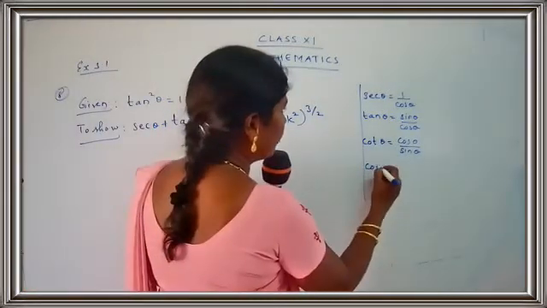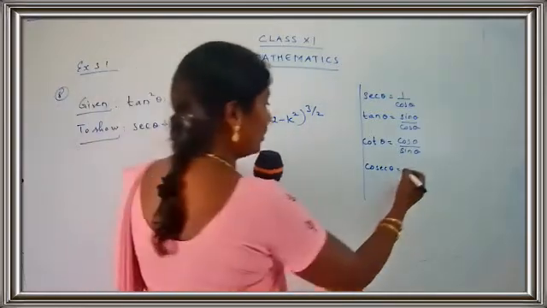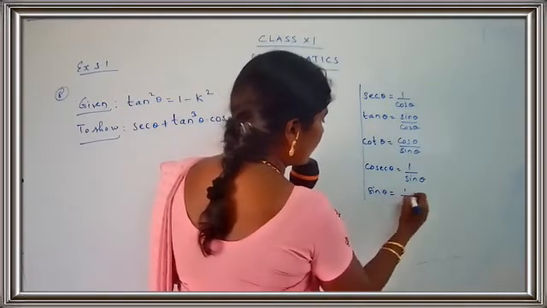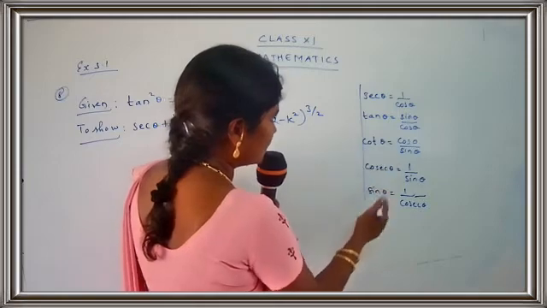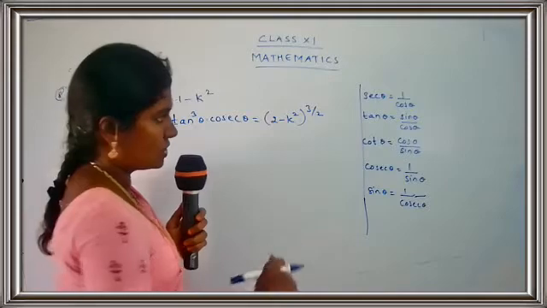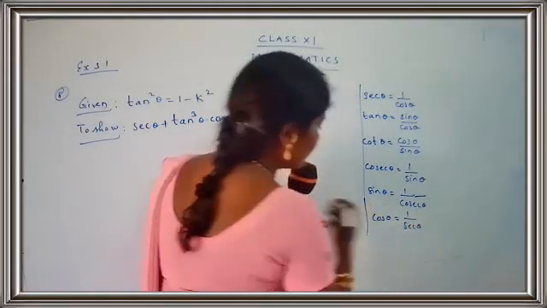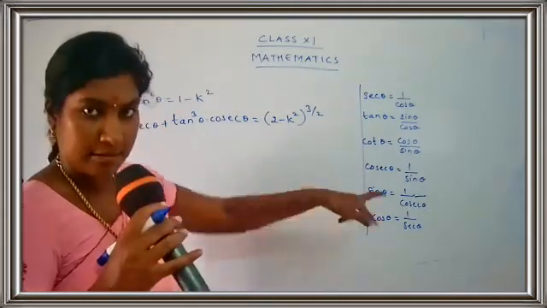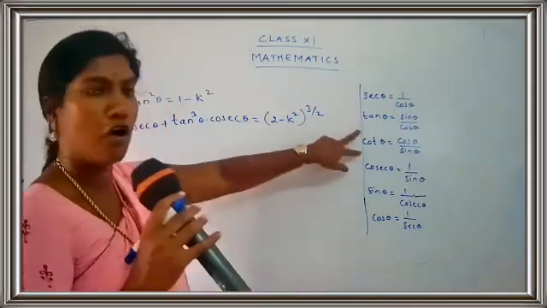We can write down here for cosec theta. Cosec theta and sin theta are reciprocals of each other. So you can write down here, this is 1 upon sin theta. And for sin theta, you can write as 1 upon cosec theta. What else is left? 1, 2, 3, 4, 5 is done. So what else is left? Cos theta is 1 upon sec theta. So remember, sine and cosec are reciprocals. Then cos and sec are reciprocals, and tan and cot are reciprocals.